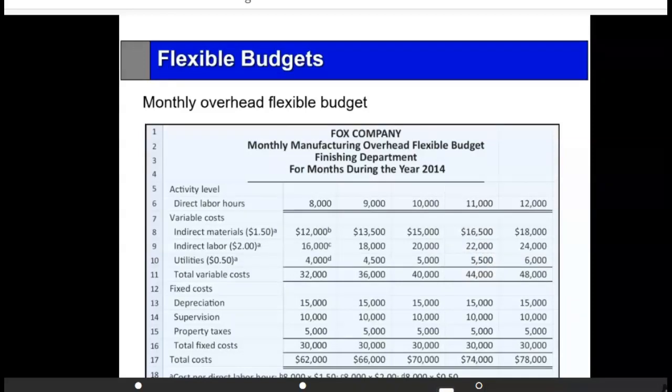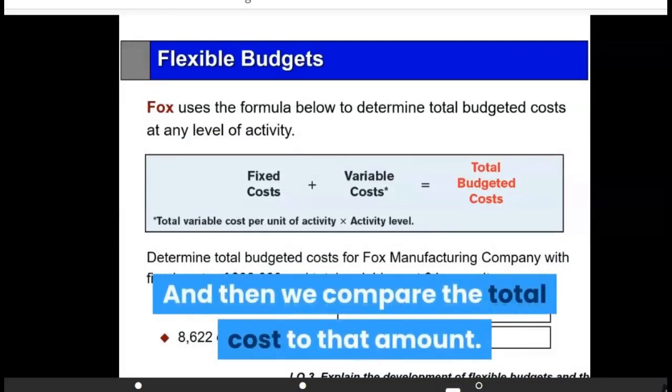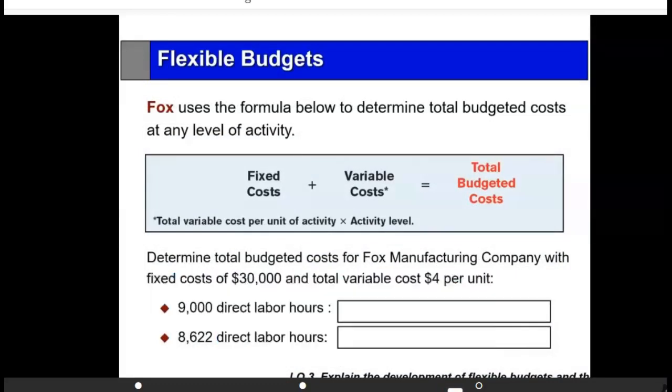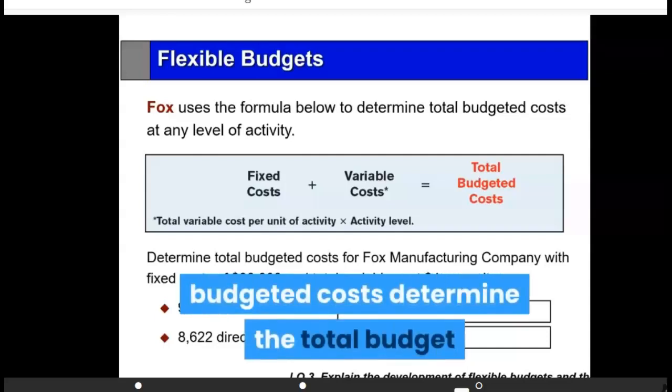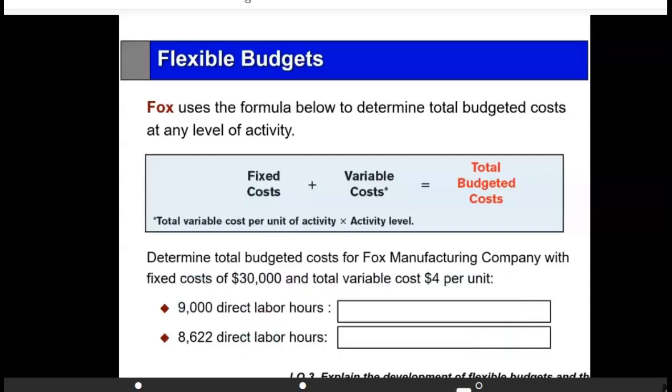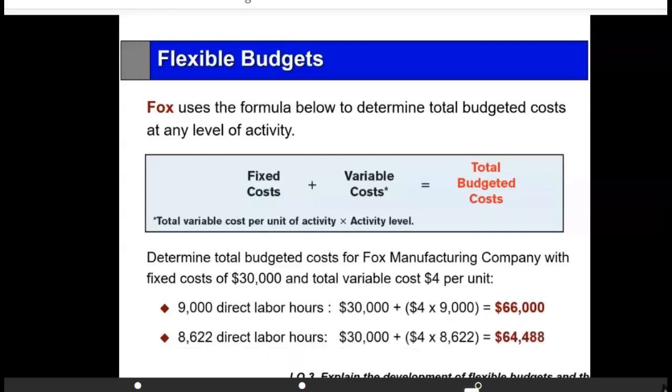Now we wait to see what the actual amount is for the year, and then we compare the total cost to that amount. Fox uses a formula below to determine the total budgeted cost. Fixed costs plus variable costs is the total budgeted cost. Determine the total budgeted cost for Fox Manufacturing Company. Fixed cost of 30, total variable cost of 4 per unit. Therefore, the variable cost, if the activity is that, would be that. If the activity is 8,622, then the total